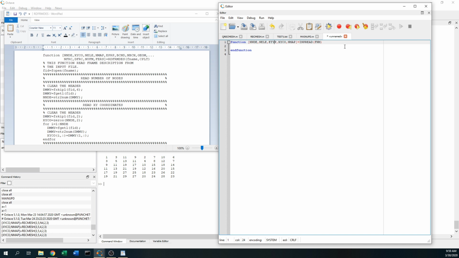Again, this one might be the vector or the matrix in the future. And the next, FID equals to fopen FNM,